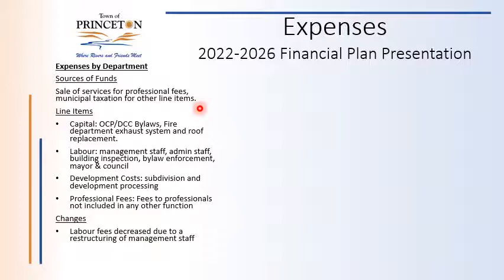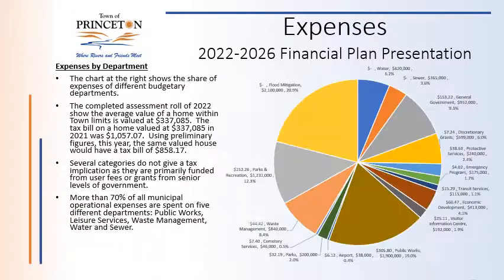The line items, each department uses different sets of line items for labor and for their subcontractors for ease of tracking expenditures. So what the funds are used for will be under the line items. And if there are any major changes, that's also noted in the slide. So we will move right along here if I can. Oh, there we go. Okay. I don't always understand how this program works sometimes, but we'll get there.